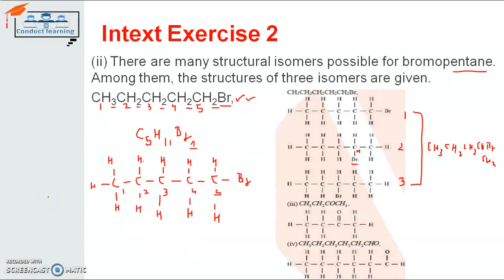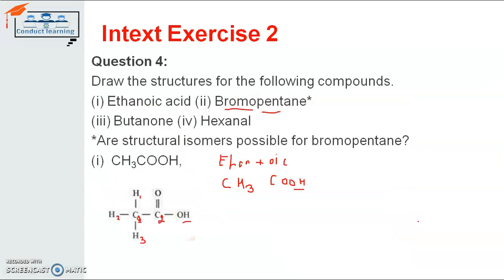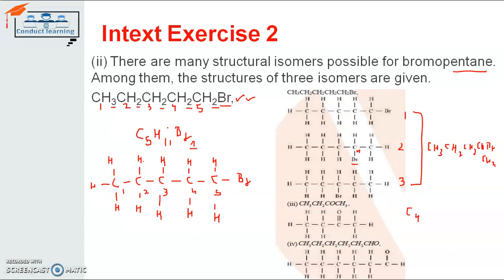Methane, ethane, propane, butane. So butane has 4 carbon atoms. Accordingly, the 4 carbon atoms will be there in butane, C4, and now it is saying butanone. So that means one group is there, a CO functional group. So you have to write down first of all the complete chemical formula. After that you have to draw the complete structure diagram.